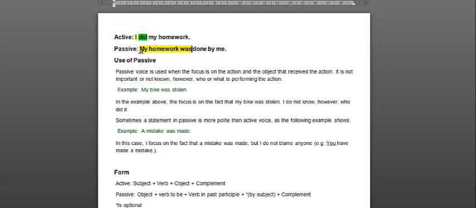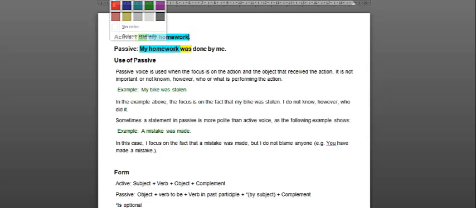Let me change a little bit this. So this is the object. Why is this the object? Because that homework is receiving the action. I am the person that's doing the action, and did is the verb, and my homework is receiving the action. In passive voice, we put that object at the beginning so we can emphasize the fact that the homework was done,